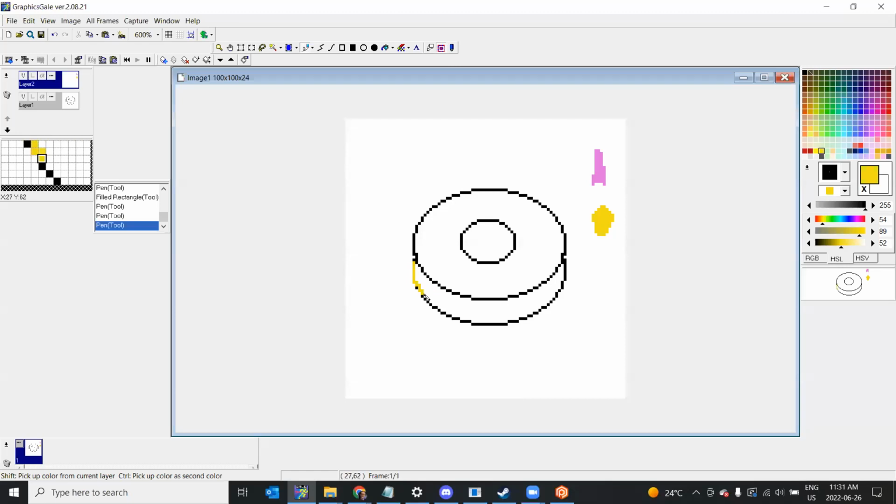I pretty much just want to trace this circle, I think, for the bottom in general. Sometimes pixel art things look very good when they're clean, other times not so much. The reason why I'm not really tracing it perfectly is because,